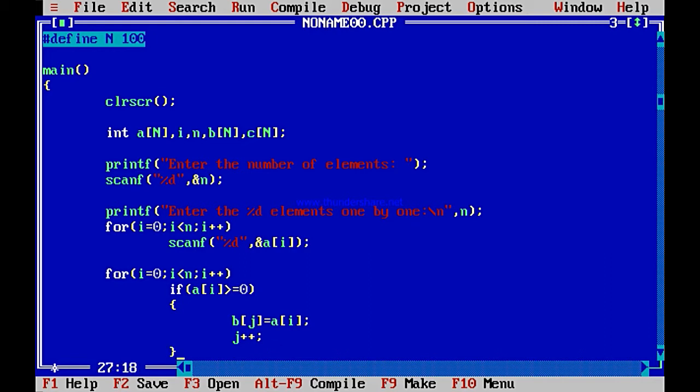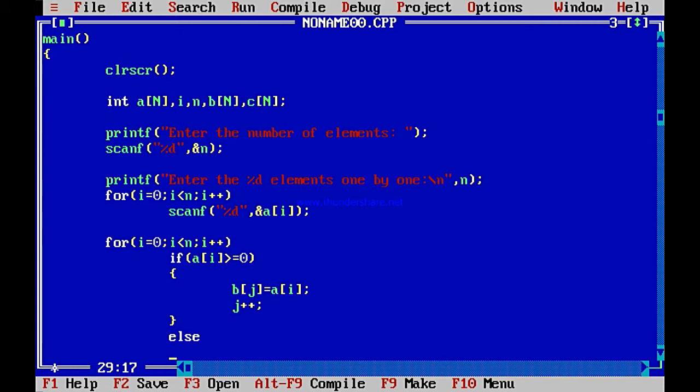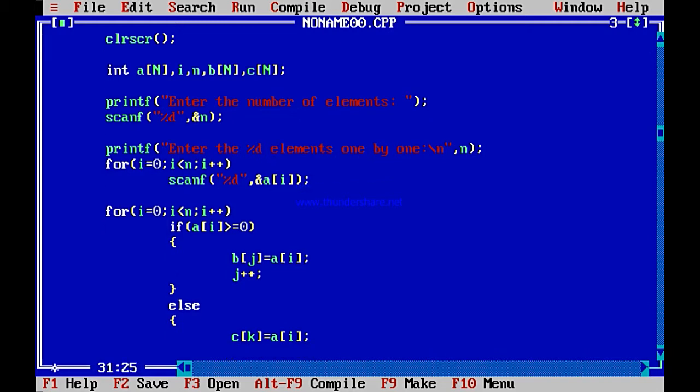And else, that is, if A[i] is less than 0, then what should you do? Then you should copy it within C. Now C should have another index, C[k], because it should increment accordingly. In C you must copy A[i], and k should be incremented again.